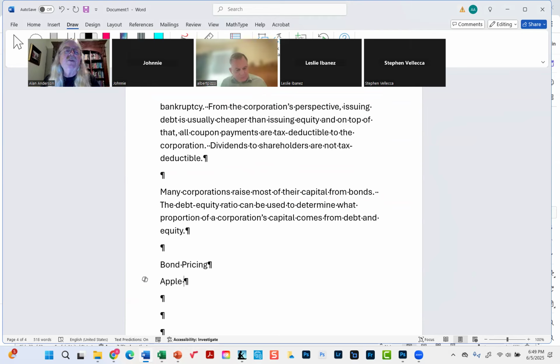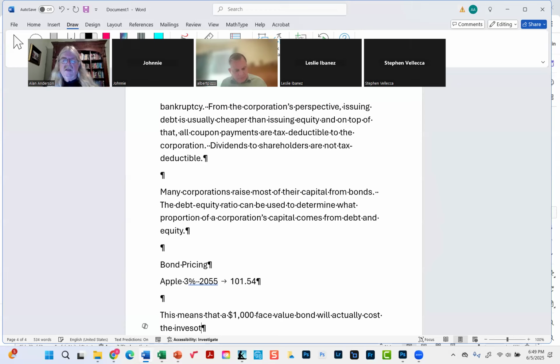Apple, and it would specify usually the coupon 3%, 28.55 or something, because it's a 30-year bond. And then you see this price 101.54. What does that mean? So these prices in the Wall Street Journal and other sources are going to be based in terms of 100. This means that a $1,000 face value of a bond will actually cost the investor 101.54% of the face value of 1,000,